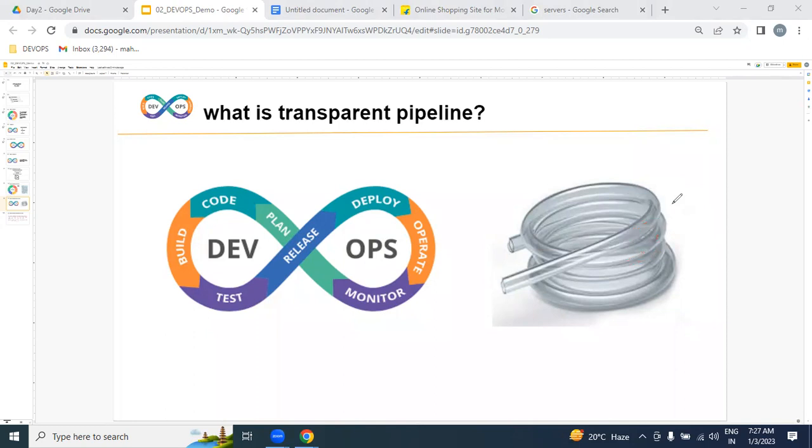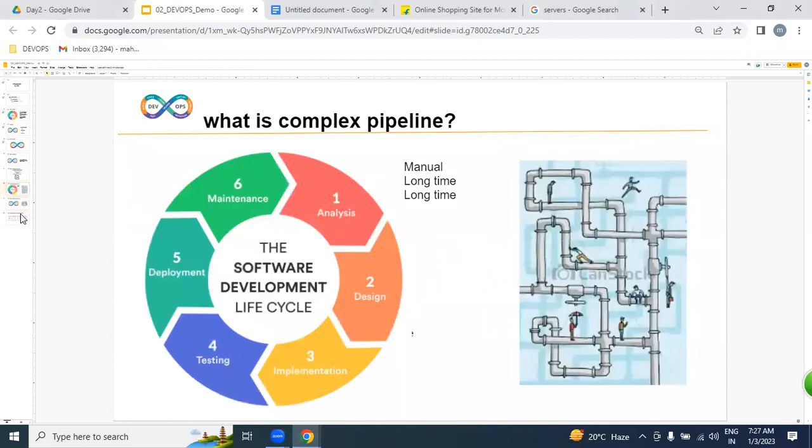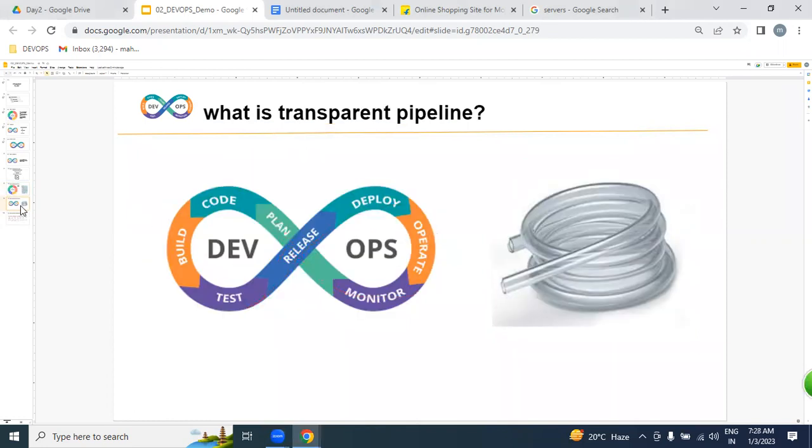The same way, our DevOps process is a transparent automated process. If any issue happens in the middle, we can identify the problem and resolve it as soon as possible. That is the reason we are replacing the complex pipeline with a transparent pipeline.